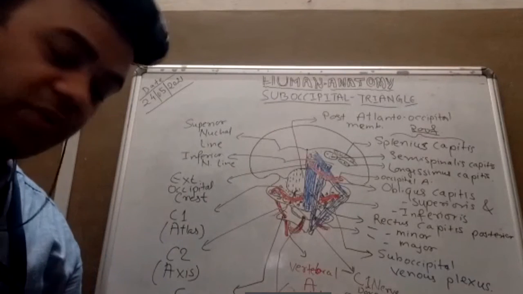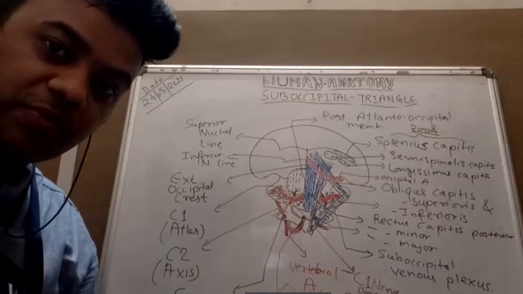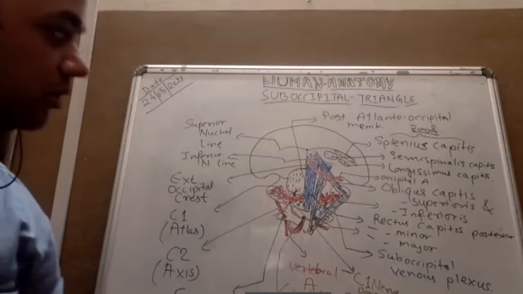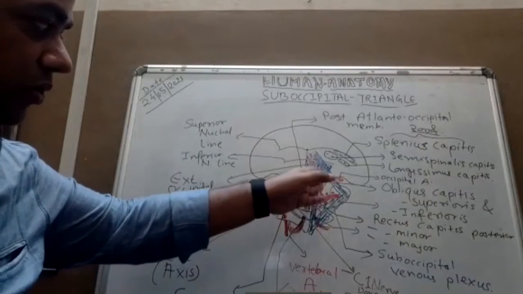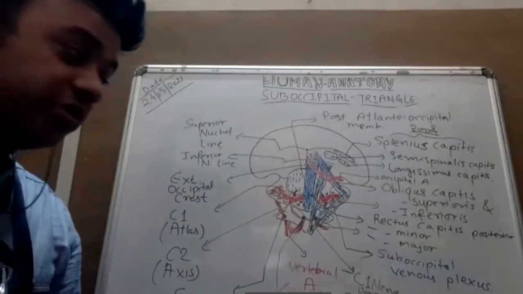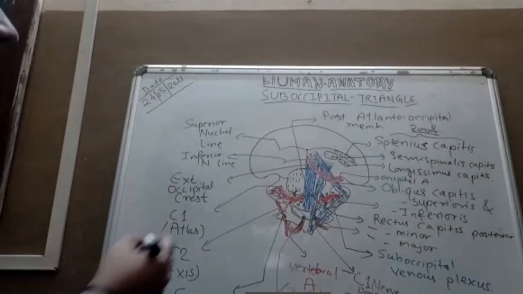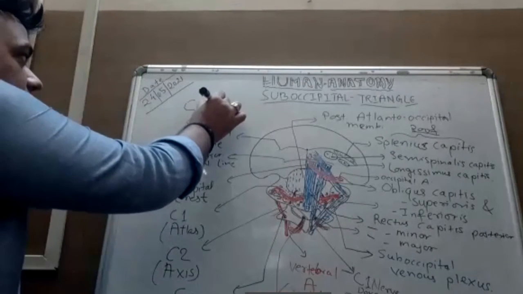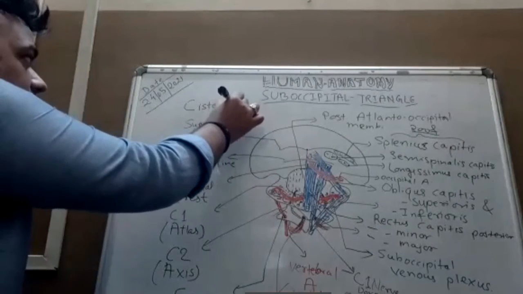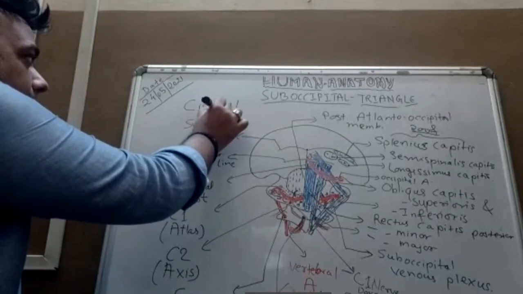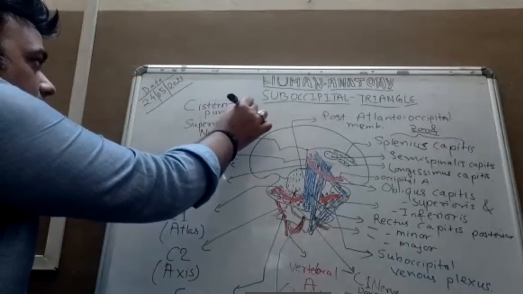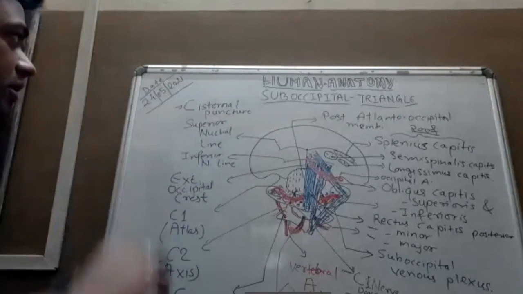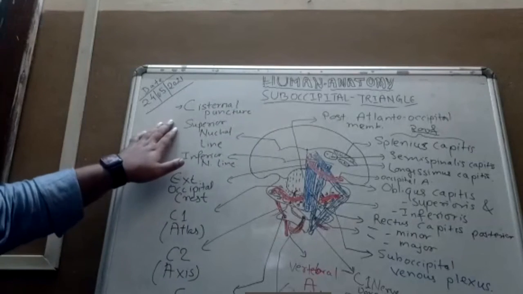Therefore, the preferred location for CSF collection is lumbar puncture, between L4 and L5. But if anyone wants to collect from here, it can be done. That procedure is known as cisternal puncture. I will write it down here. The applied aspect involves the cisternal puncture. If you do a cisternal puncture, you can damage everything, so don't do that in your life.